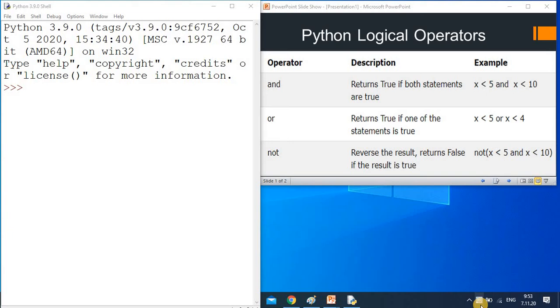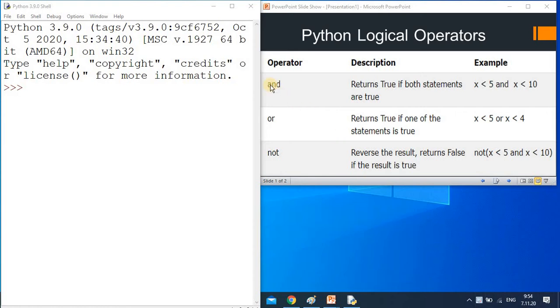Hello dear student, now we are moving toward the next operator, that is the logical operator. If you refer to any previous programming language like C, C++, even Scratch, there you observe the logical operator. Logical operator means whenever we want to keep more than one condition in the statement, we use a logical operator. When we have two or three conditions, you can go with the logical operator.